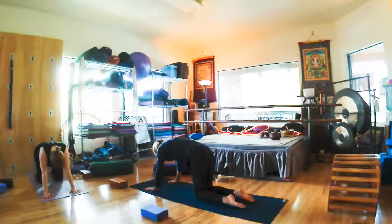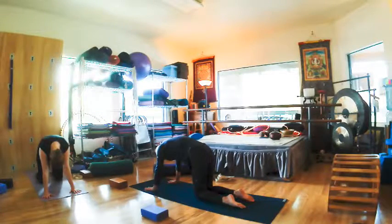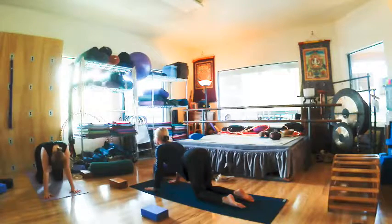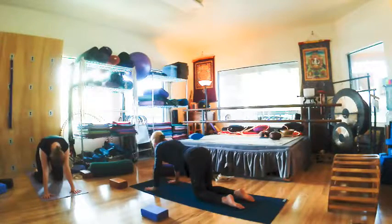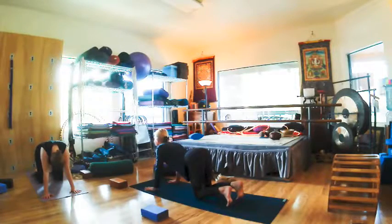So navel to ceiling. Scoop the belly. Stretch your whole back. Shoulder blades together and down your back as you lift your sit bones. Drop your belly. Stretch your front. And again, exhaling. And then hold this one. Inhale. Tuck your toes. As you exhale,